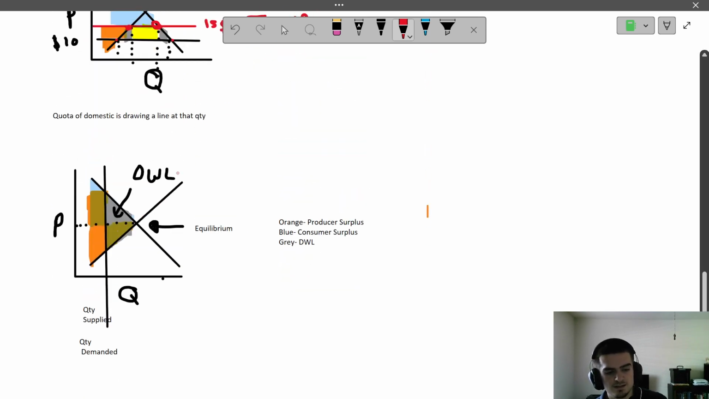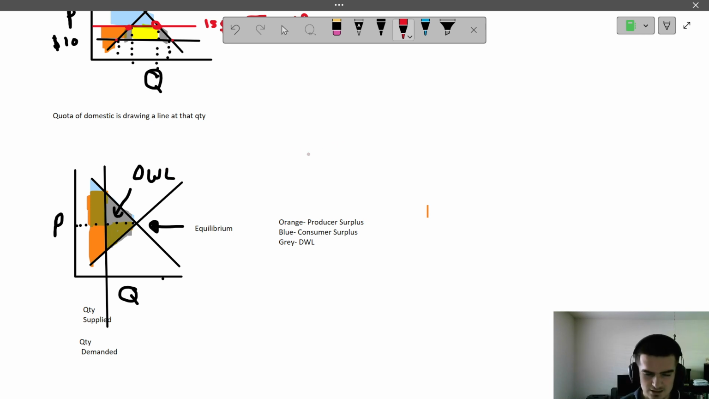Quotas can also be done by drawing a line at the quantity. So if there's a domestic quota, let's say this was a nation that didn't trade, saying that we can only produce so much of this thing, maybe for conserving a resource, or, I don't know. But yeah, they'll put a quota, drawing a line at that quantity, and that effectively sets